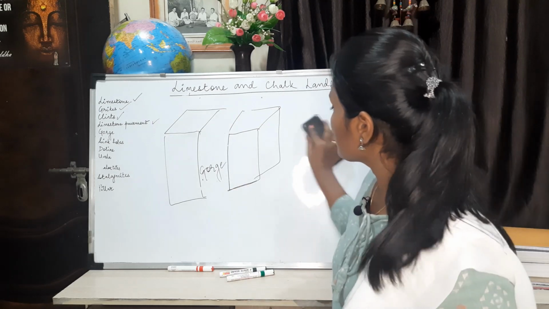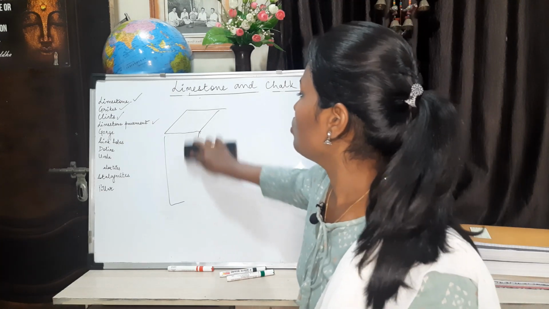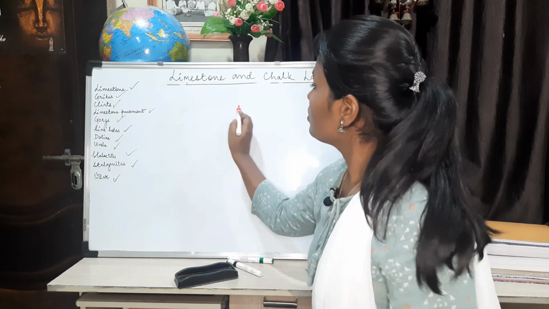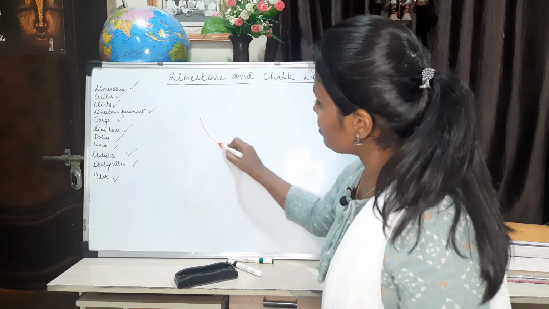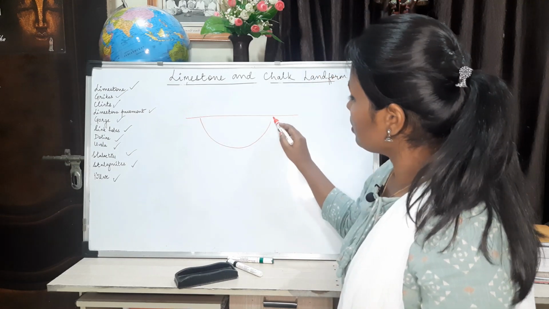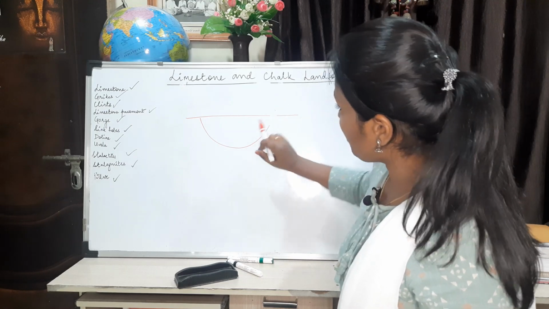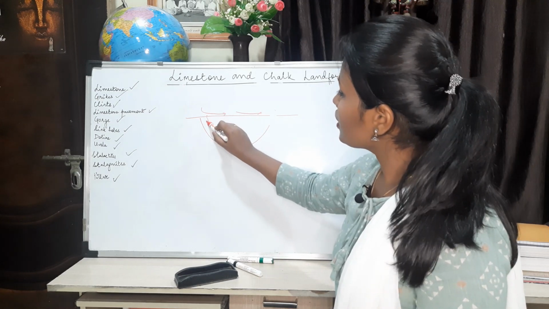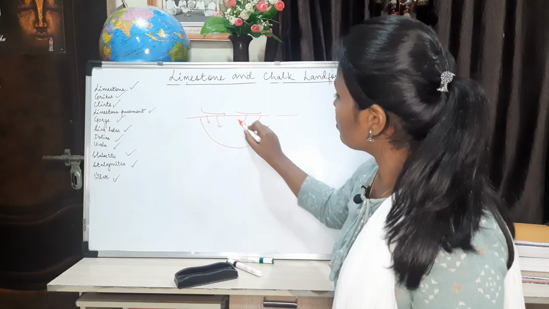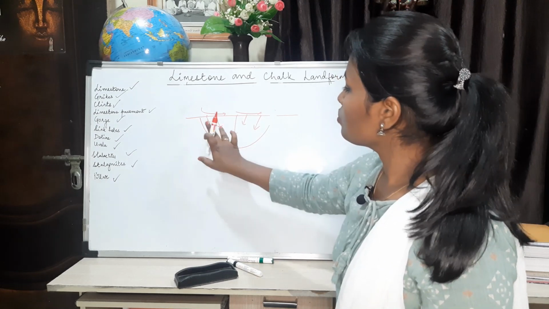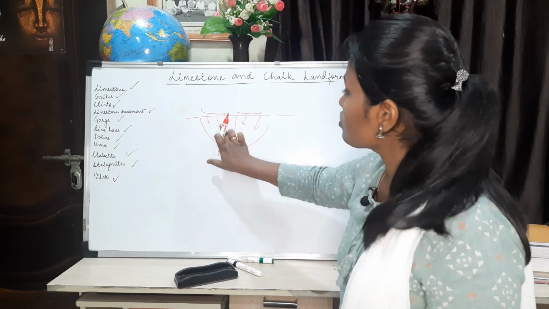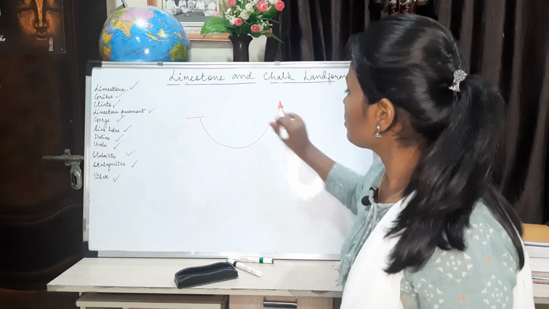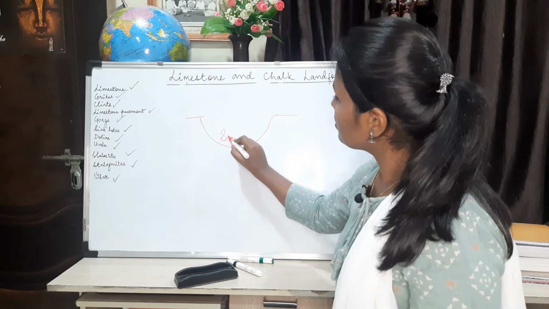The next landform we are going to see is sinkholes. Now what are sinkholes? Sinkholes can be seen as a depression formed when water flows over the surface of the rock and goes deep down into the surface. They tend to move downwards and cause the surface to break down and form a depression, which is then called a sinkhole.